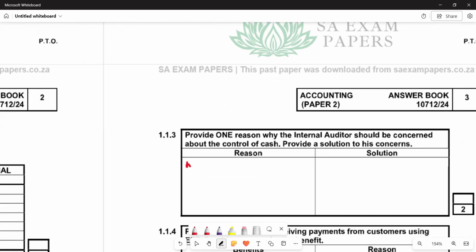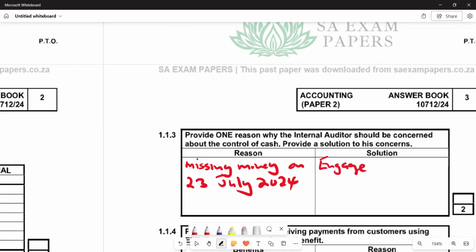We can just say missing money on 23 July 2024. So this is the reason that we have. Obviously, the issue of security is being compromised here. So the only solution that is main there is that we should engage security companies to come and collect the cash. So solution,